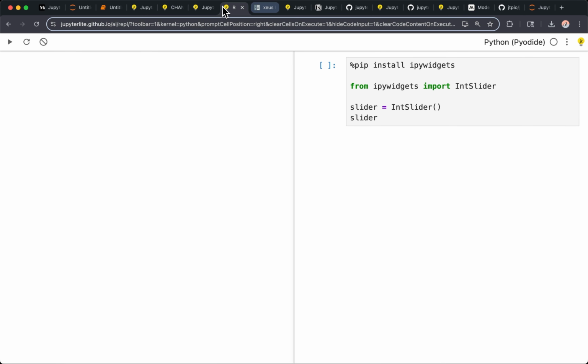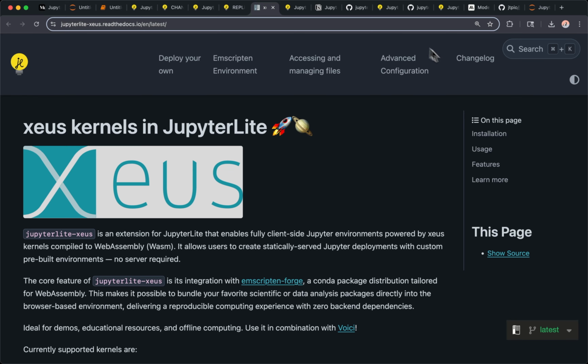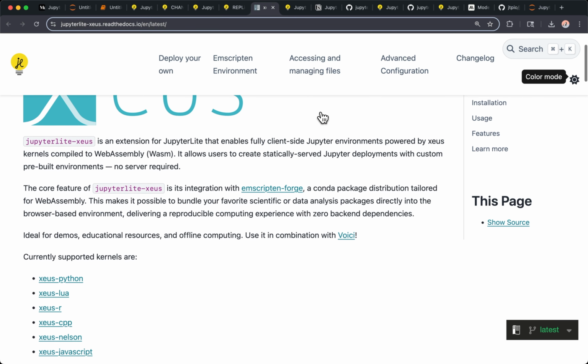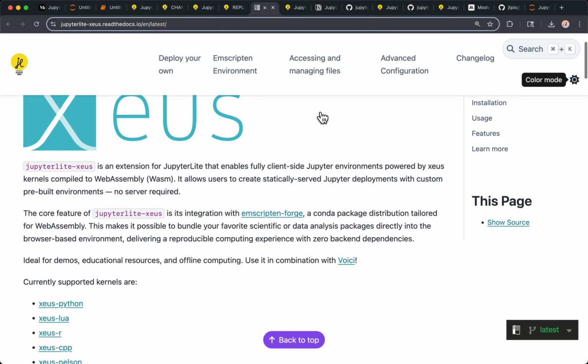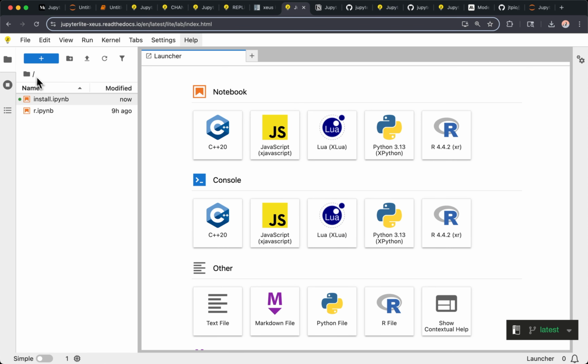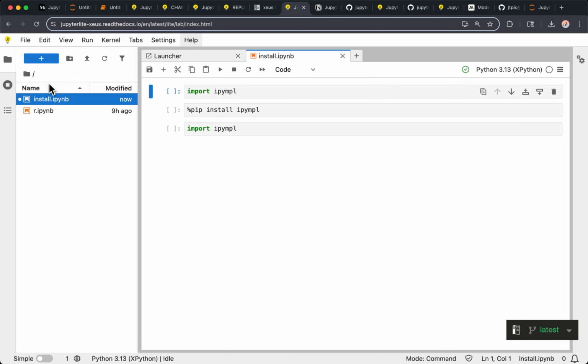So the previous demos were showcasing Pyodide, but there's also been some work on another Python kernel called Xeus Python, and maybe one quick demo of the new cool thing that you can do now with Xeus Python.